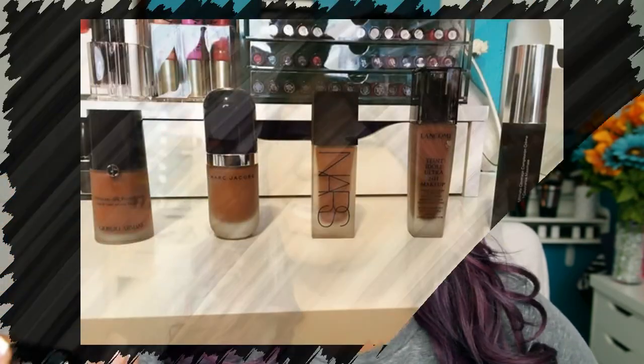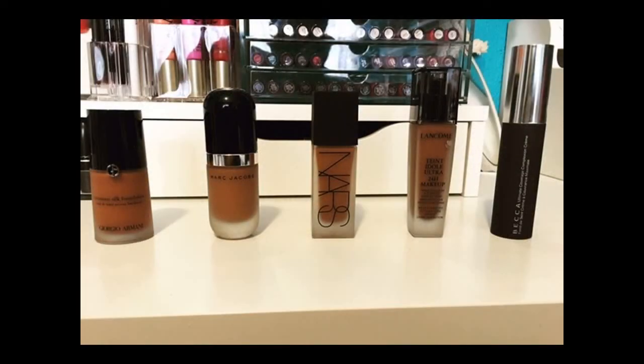And I think I inserted a picture of them, but it's the Giorgio Armani Luminous Silk Foundation, the Marc Jacobs foundation, the NARS All Day Luminous Weightless foundation, the Lancome foundation, and the Becca Ultimate Coverage Complexion Cream foundation. So those are the 5 that I hauled, and I have been trying them out each daily,